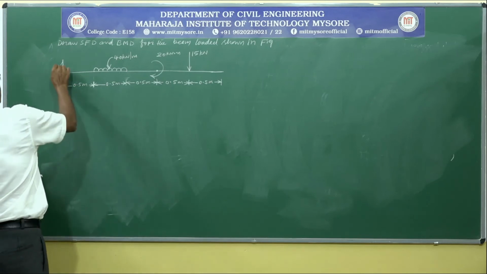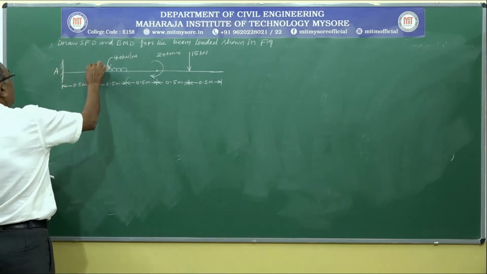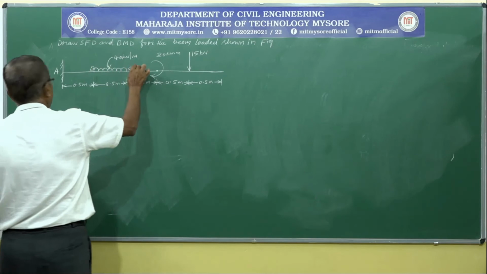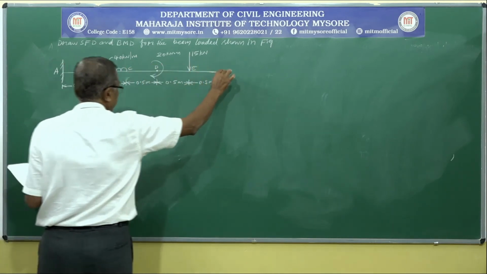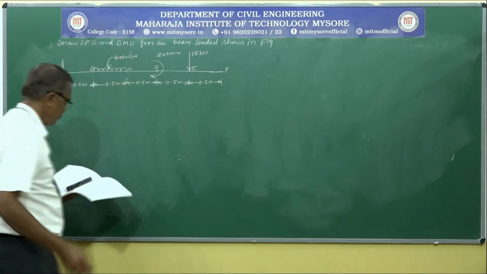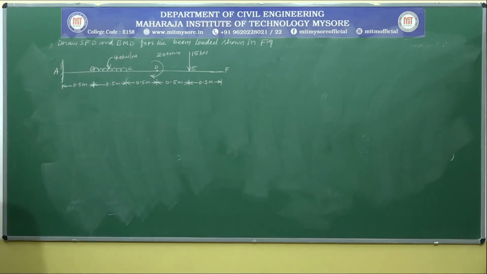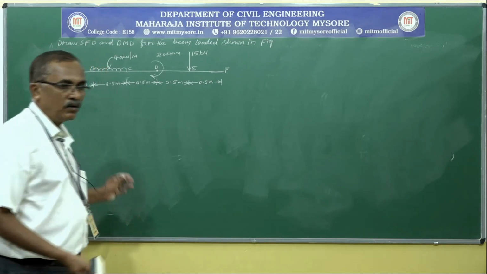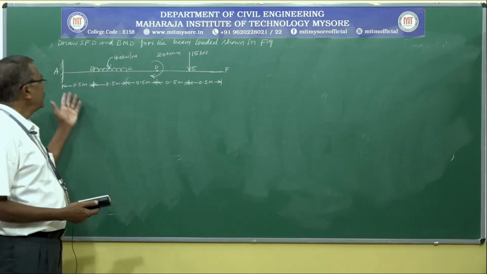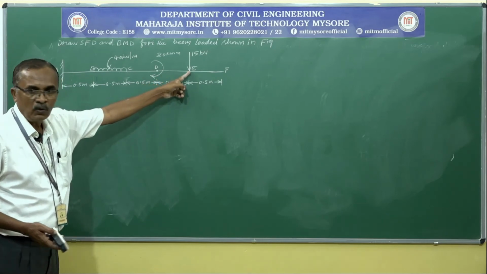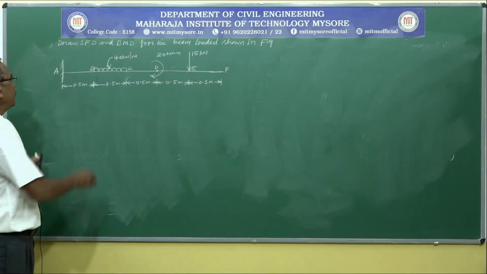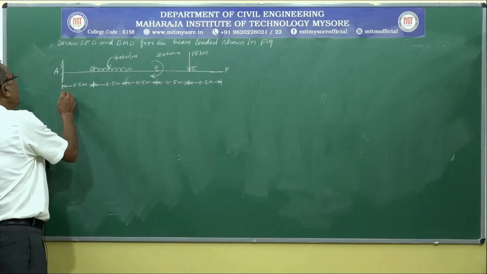Of course, salient points are given: A, B, C, D, E, F. Here there is not much difficulty in analyzing this loaded beam. It is subjected to a uniformly distributed load, a moment and a point load. Let us quickly